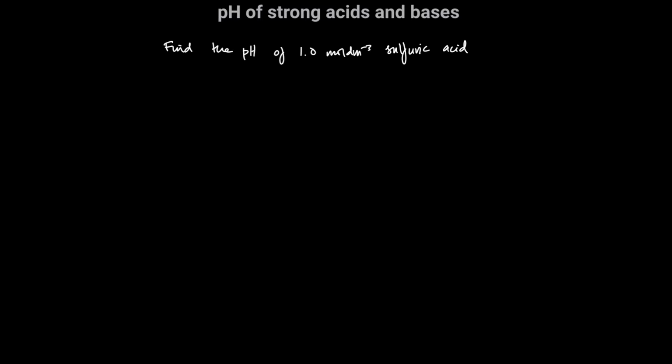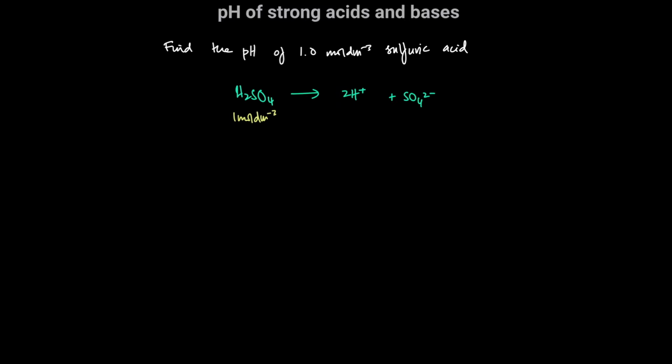So over here, sulfuric acid is H2SO4. It is a diprotic acid. It has 2 protons, and we can assume that it ionizes completely to form 2 H plus ions and SO4 2 minus. So if I have 1 mole per dm cube of sulfuric acid,